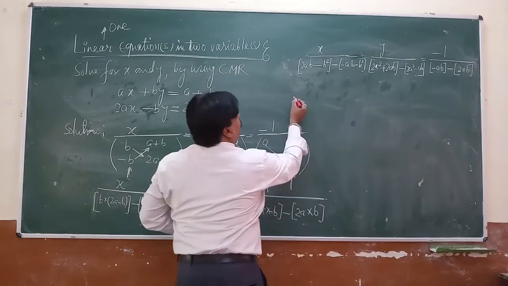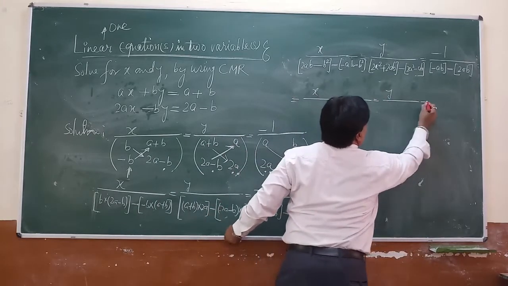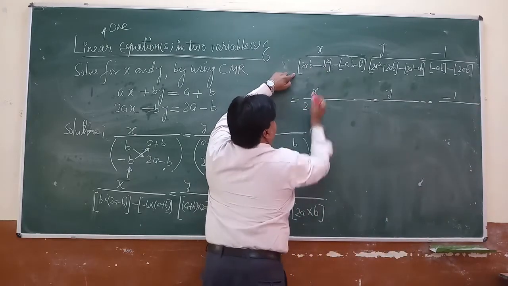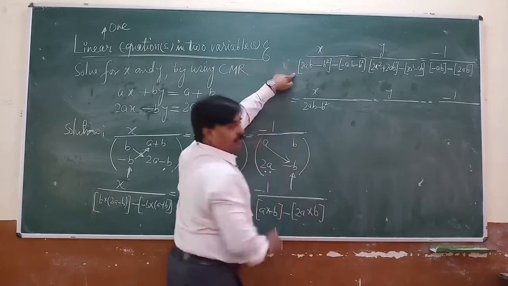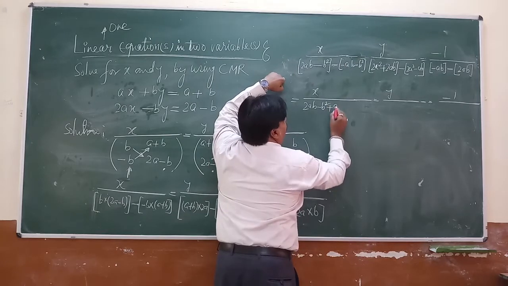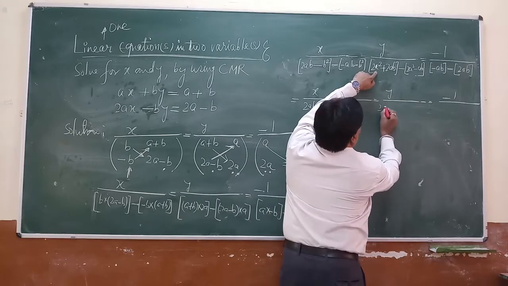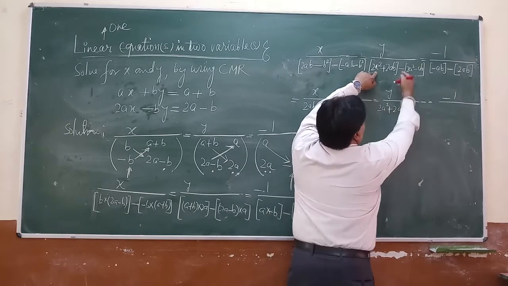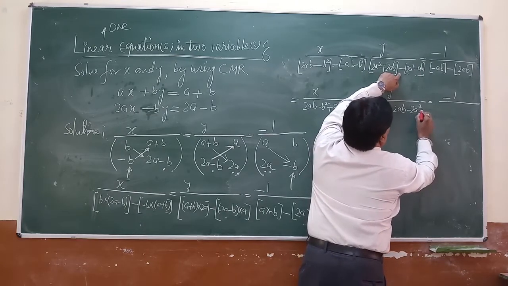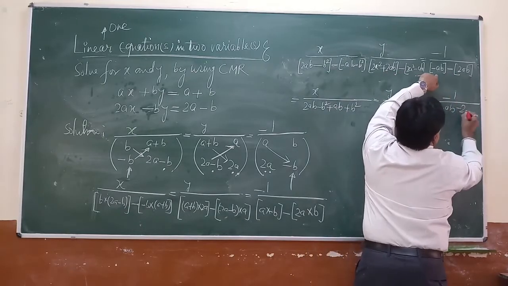Now x over, y over, and minus 1 over. This can be written like this, removing the brackets here now: 2ab minus b square. This minus sign, so their inside sign will be changed: minus minus plus ab, minus minus plus b square. Here 2a square plus 2ab minus, their inside sign will be changed, minus 2a square plus ab. Here minus ab and this is minus 2ab.